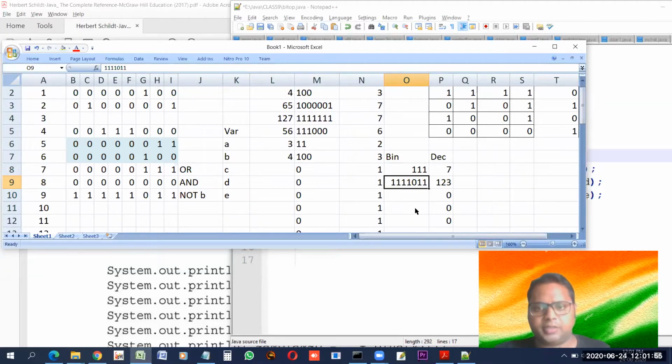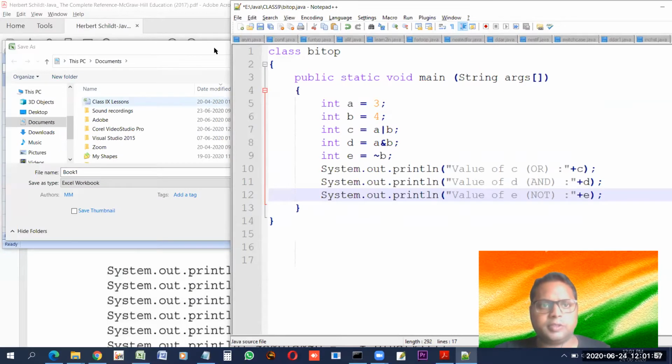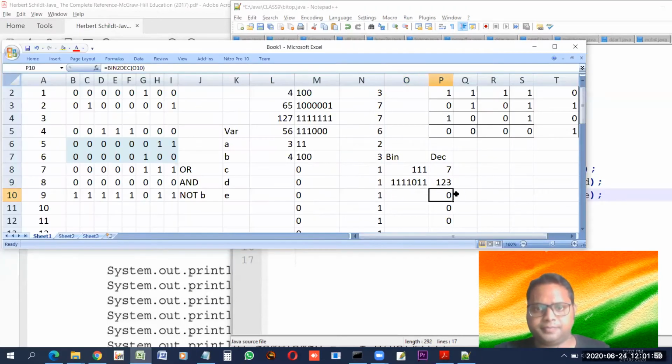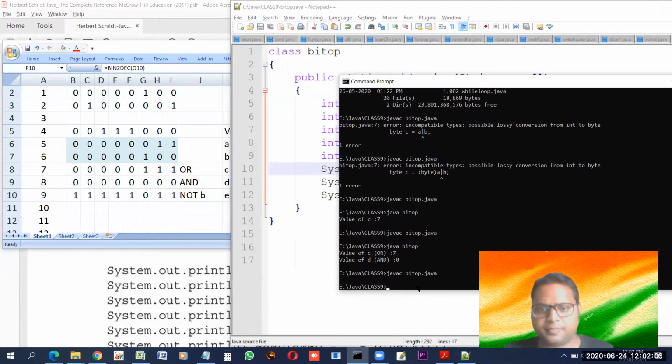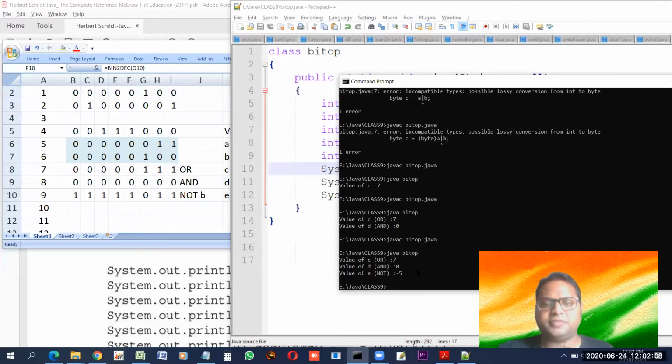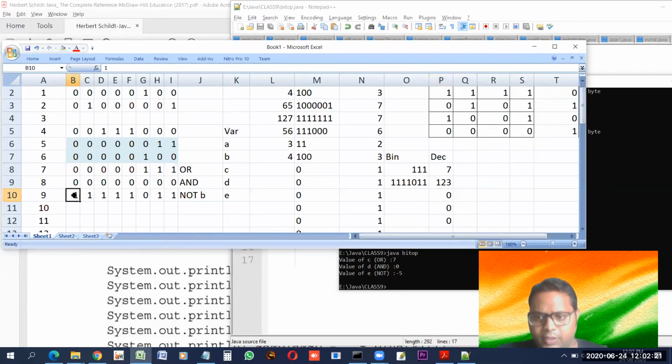Let us see what it displays. -5. So why is it representing -5? Look, children, what has happened is that this first bit is 1, and it is using the complement. Complement